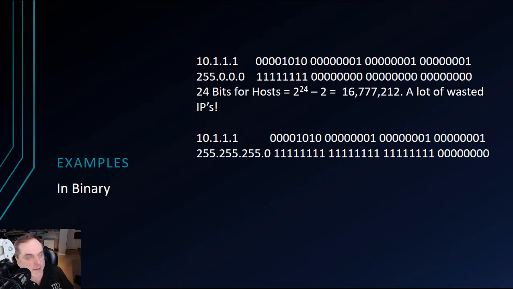So 10.1.1.1 again, same binary that you see, but in the subnet mask we've moved all of those bits off to the right. So we've filled in three octets of bits, and we see 1s going across the first three octets with this new subnet mask. That leaves us with only the 254 addresses on the right-hand side for the host. So we've just saved over 16 million addresses by doing this. 8 bits for the host, 2 to the 8th power, leaves you with 256 host addresses, minus 2, of course, for the broadcast and the network. Many IP addresses were saved for other uses.